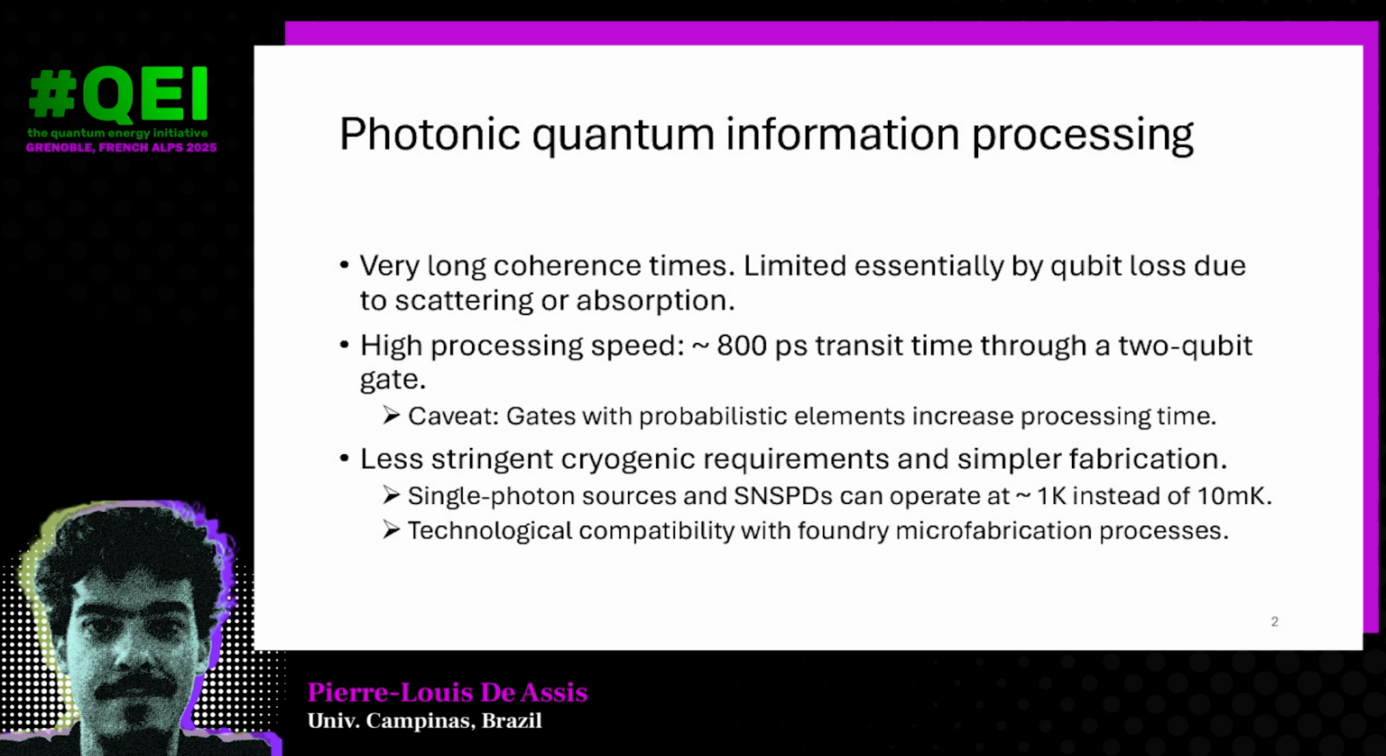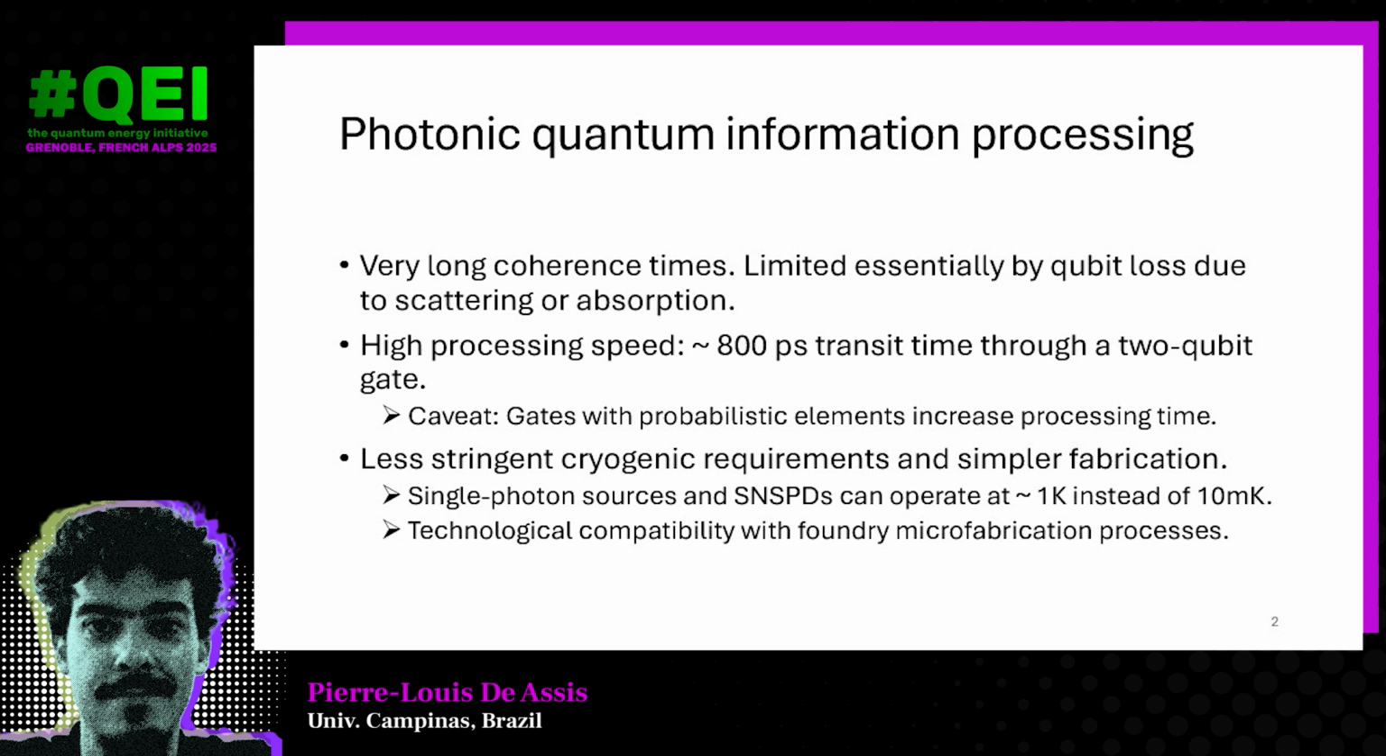So why use photonic quantum information processing? It has some advantages. One is that we have very long coherence times. We are essentially limited by the fact that eventually your photons get absorbed or scattered, so you lose your qubit. The processing speed is rather high, so you have about 800 picoseconds of transit time for your qubit to pass